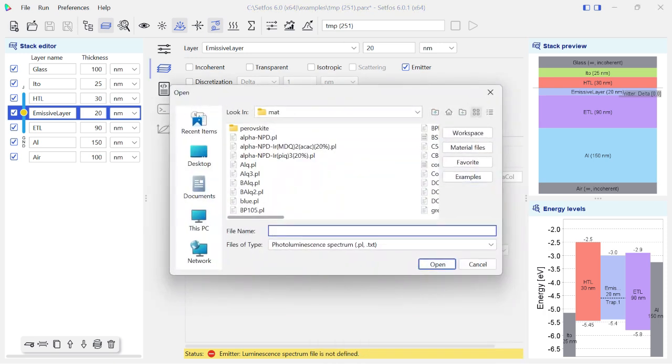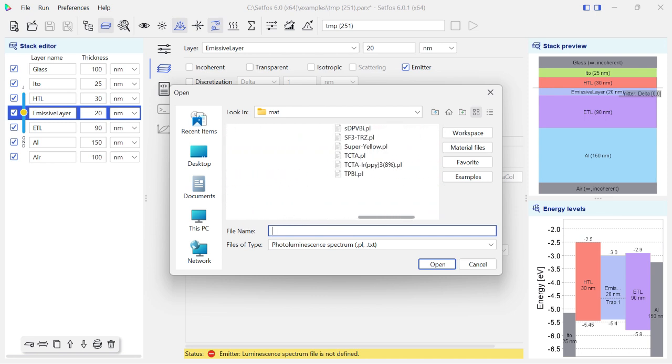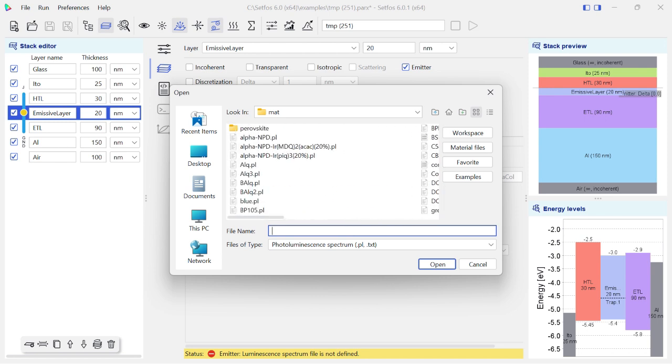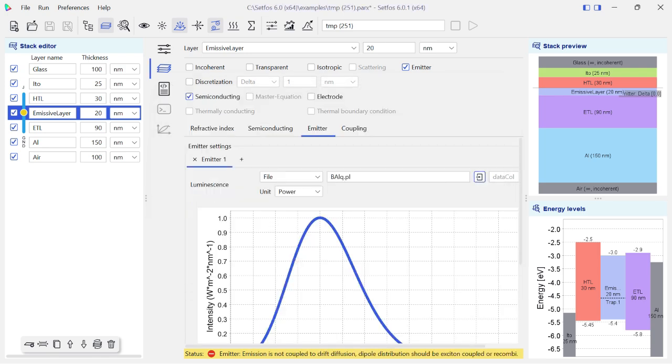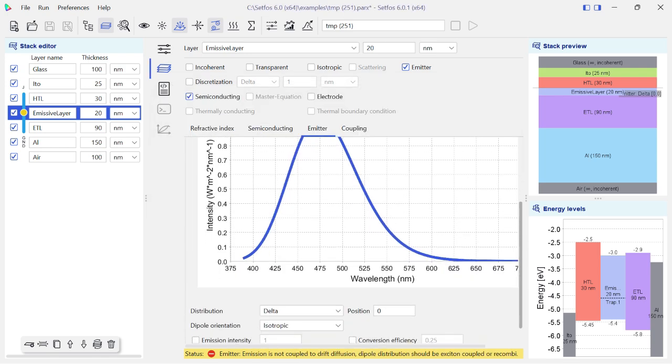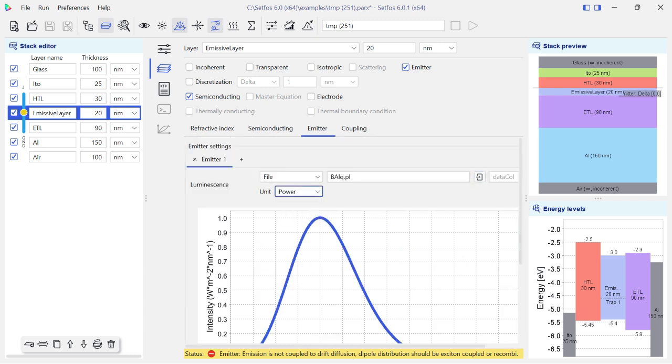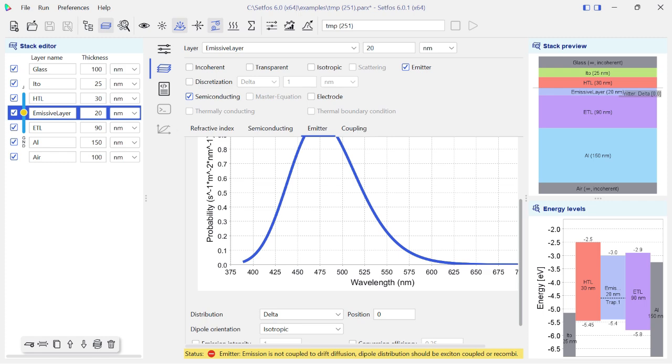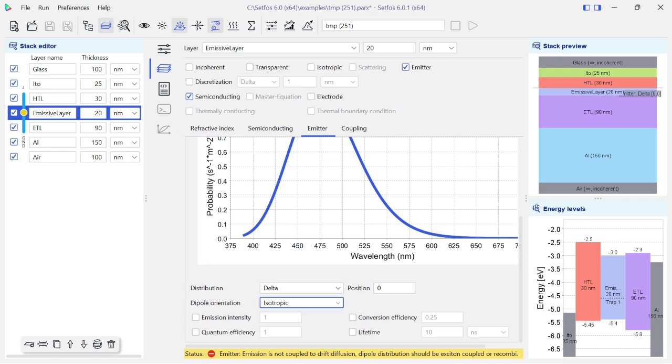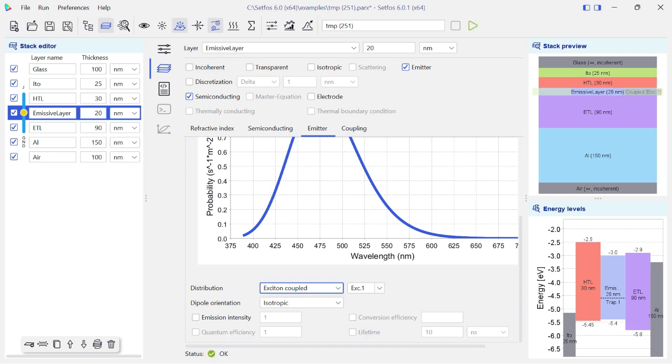You can see different types of photoluminescence spectrum files given here, supporting .pl files. You need to import this file, balq.pls. You can see that the file has been imported here. The unit will be probability, as the y-axis is arranged according to probability. Dipole orientation, isotropic, and delta distributions, exciton coupled,